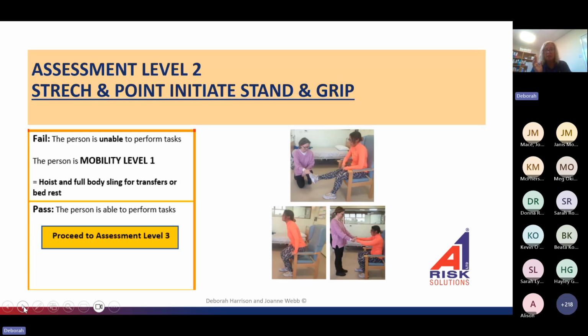Literally, I have tried both techniques of using a standing hoist, and if I've got a broader shoulder girdle, the sling is less likely to come up and over my head. So that is something that I'm looking at. Can they hold on? Okay, so those were the three things that they need to do. If they can't do these, you may want to do a more in-depth assessment, such as a straight leg raise, before you make the decision of full hoist. Or if they are able to do it, we're going to move to assessment level 3 now.